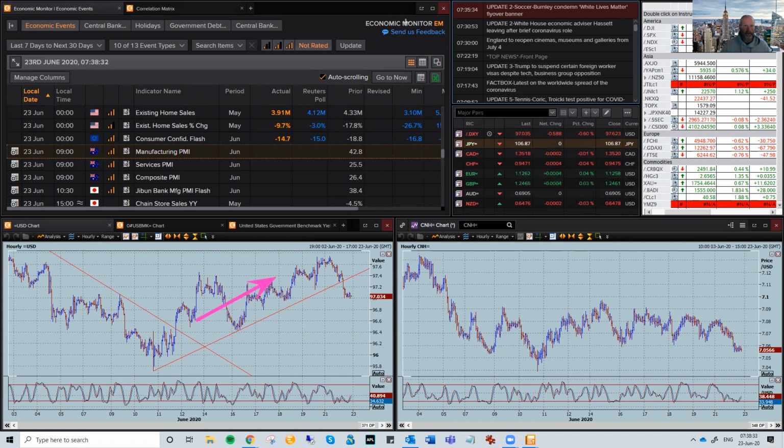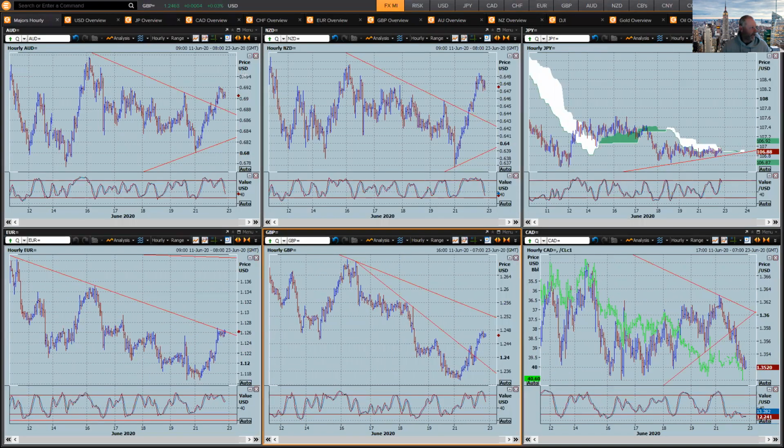You come across, and let me just give you a look at the other charts. Everything was sort of moving in the right direction. Okay, we didn't have the Aussie there, but we had the Aussie sort of going down, Kiwi sort of edging lower, the Euro trending lower, and Sterling in particular. Now, what's happened over the course of the day is we've seen a couple of variables come into play.